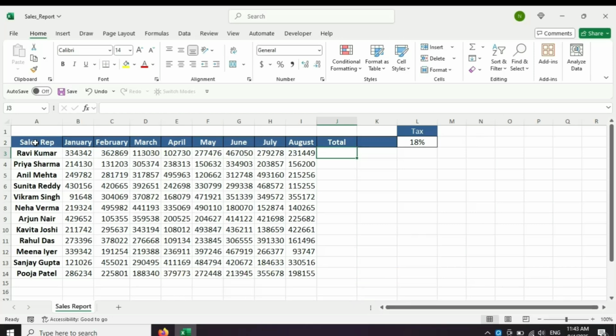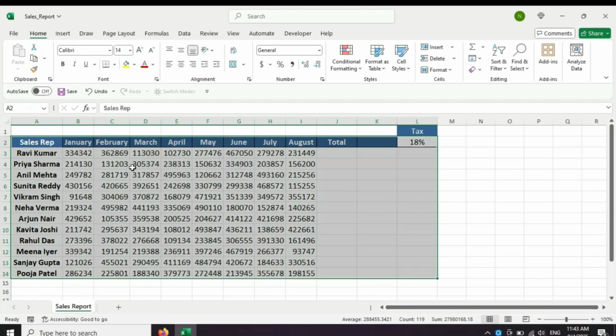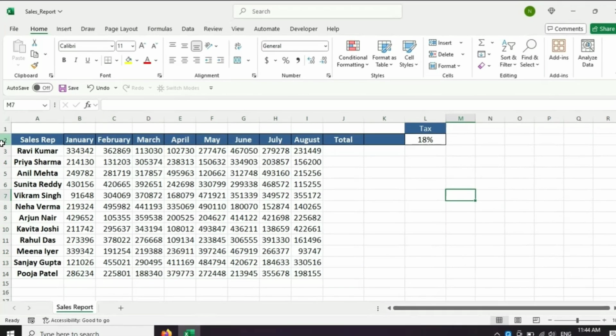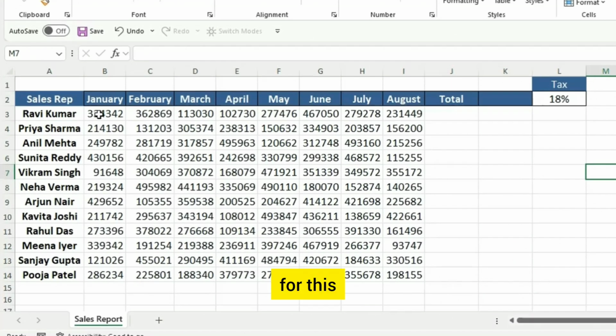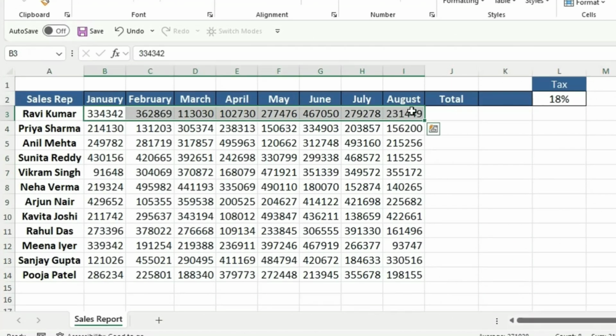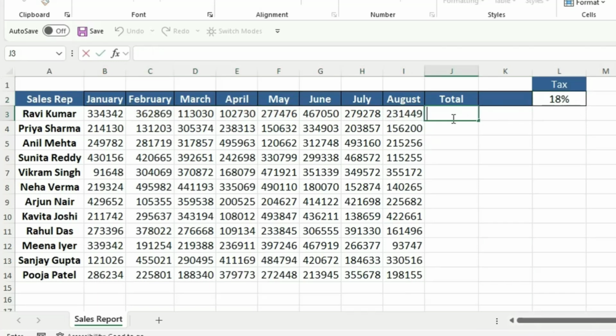In this video, let us see how to master the F4 key in Excel. First, I open a sales worksheet. Here, we are going to find out the total values. For this, January to August multiplied by 18% GST. So, for this, I type here equal to